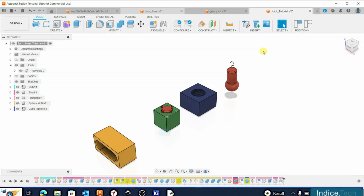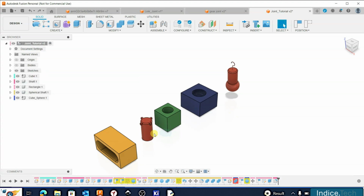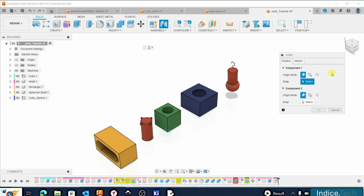Okay, now I will undo this joint just to recycle this part for the next one. So if I press Ctrl Z, now to join the shaft with the rectangular slide, let's open the joint command again, and from the drop down, as you can see, there are 3 modes. Component 1 is the one supposed to be moved, and component 2 is the rigid component. So if I select component 2 and snap to the corner, then component 1,